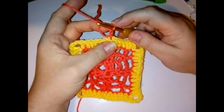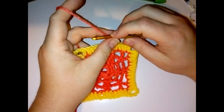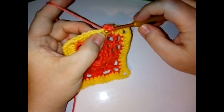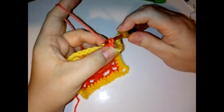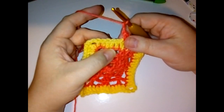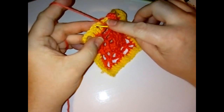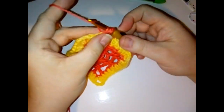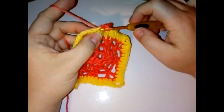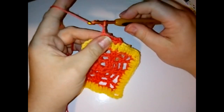So chain 2 for your first half double crochet, and then you are going to do a half double crochet in the next stitch. Oops, half double crochet, there we go. And then chain 2, and you're going to skip 2 stitches and then do 2 half double crochets, so 1 in each of the next 2. 1, 2, and then chain 2,